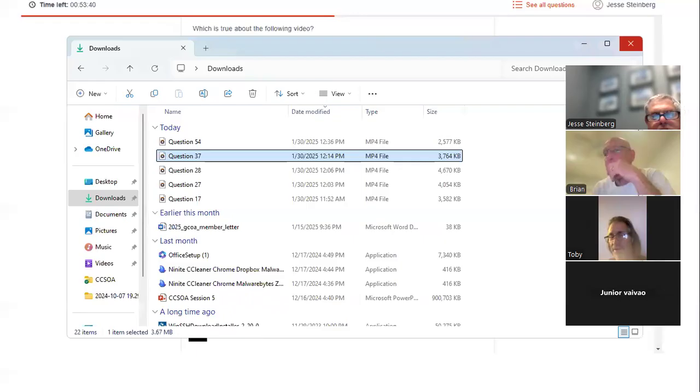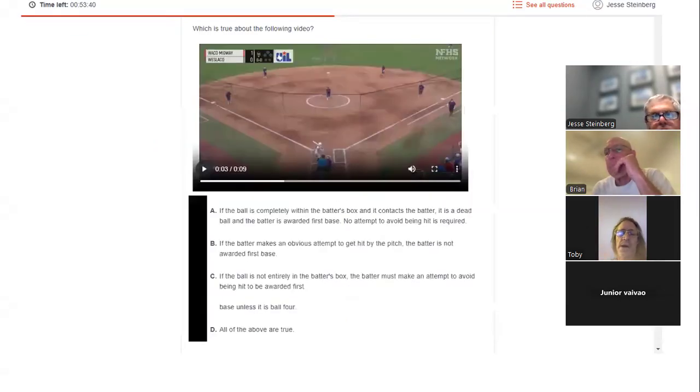Unfortunately, the second one kind of cuts off. Yeah, it looks like she was in the box. Does that make contact with her? The question is which one of these answers is correct?